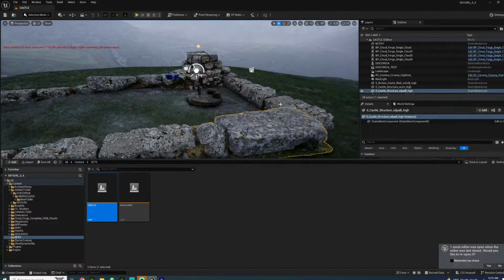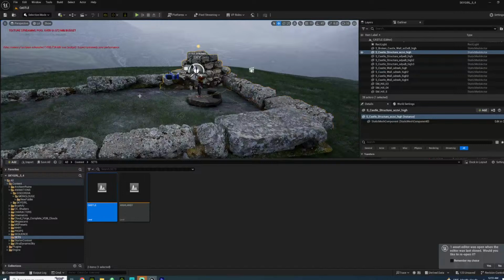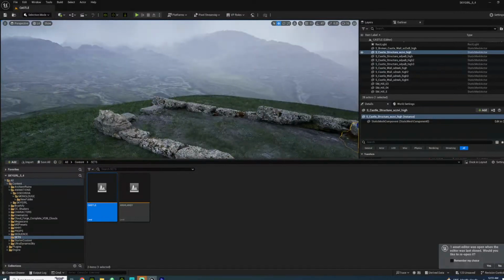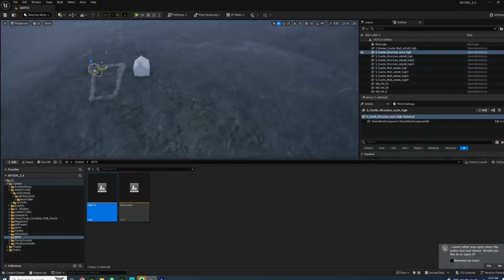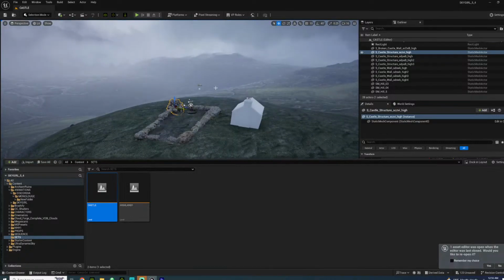Here we have, obviously these are from Megascans. And then tomorrow, maybe I'll do like a Substance Painter session or something. Bring everything in, so that'll be